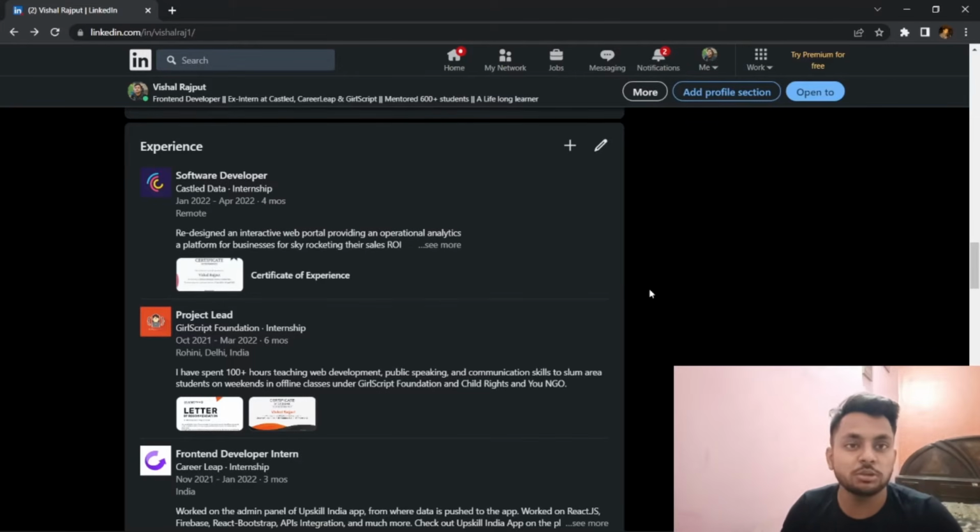So if you are into software development, write experience related to your software development. Do not write things like ambassador roles; you can put those in the volunteer section. If you have done something voluntary, and that does not count as experience but as a co-curricular activity, you can put those things in your volunteering section.